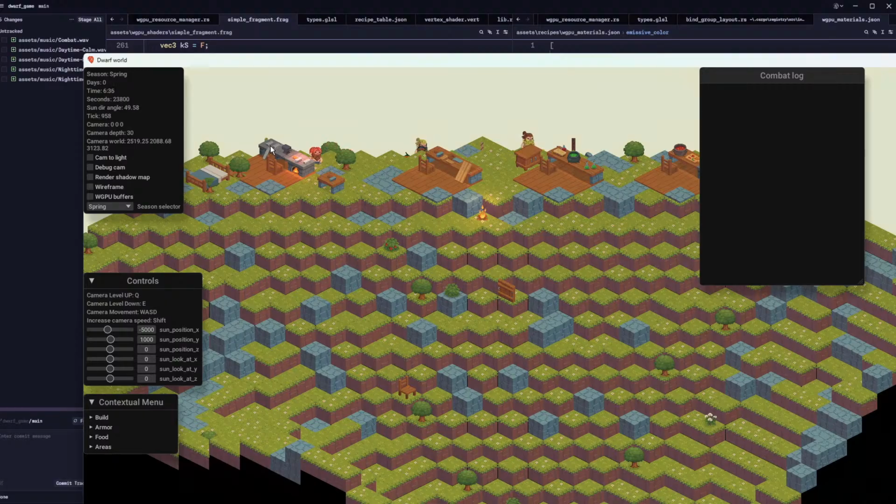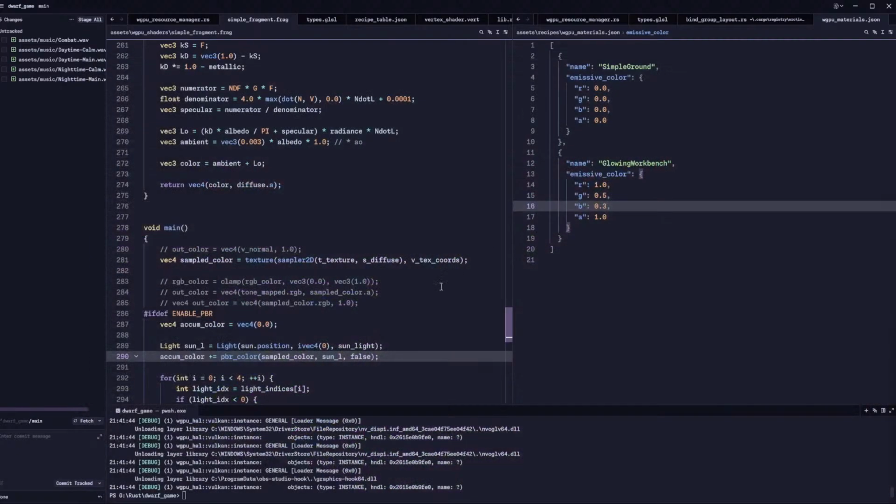Like the more metal-y ones, this can have a bit more metal. Shininess. And this is just emissive, but I'll add the rest of